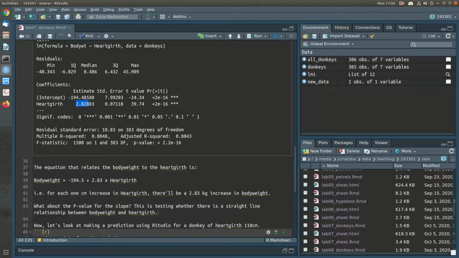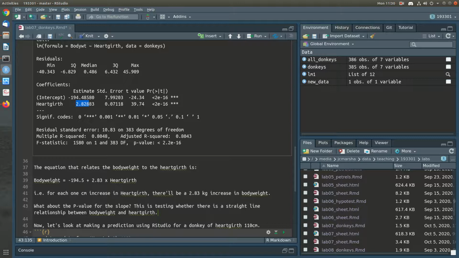Okay, and you remember in lecture 6 we looked at that, right? We looked at the set of slopes that we might expect from the data, given our sample size and the variation that we have in the data, and we saw that it was actually quite small. We'd expect it to be centered on 0 and maybe be up to plus or minus 0.5 or so. But we got a very large one, 2.83, which is miles away from what we'd expect to happen due